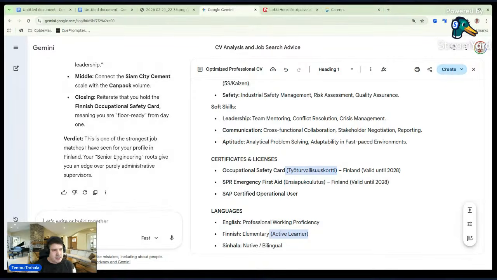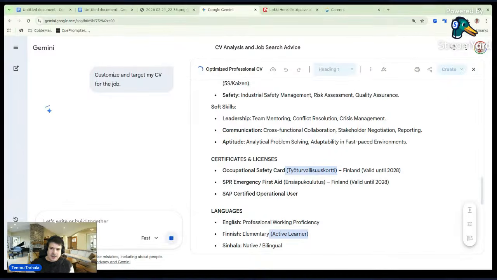That's our next step. And now customize and target my CV for the job, and let it do the magic.